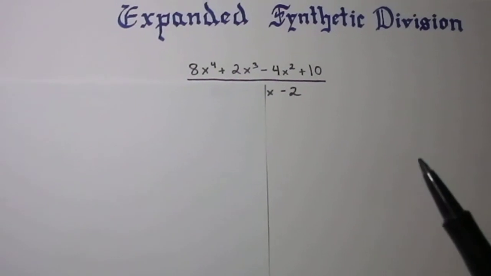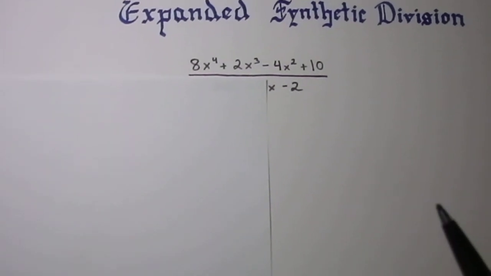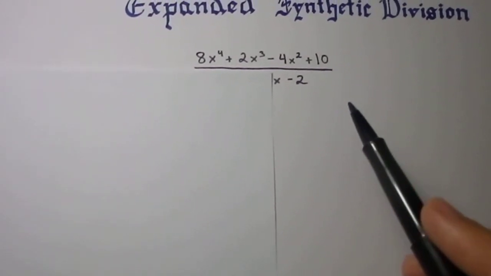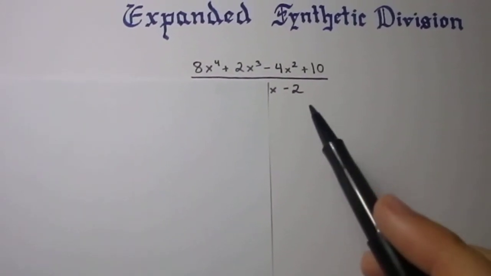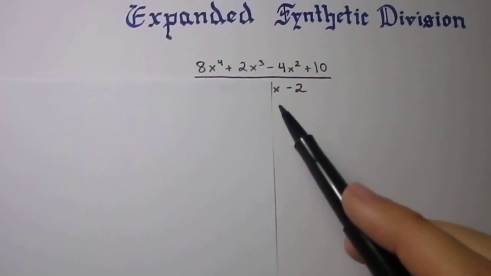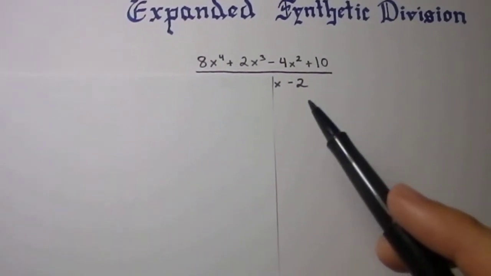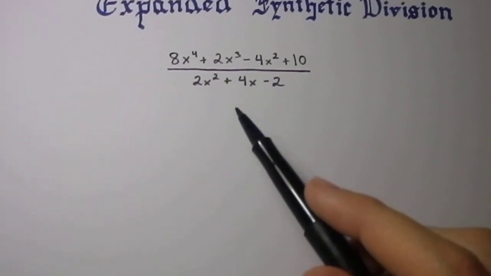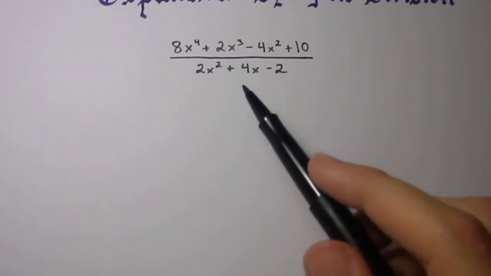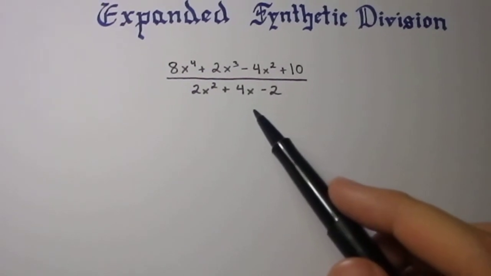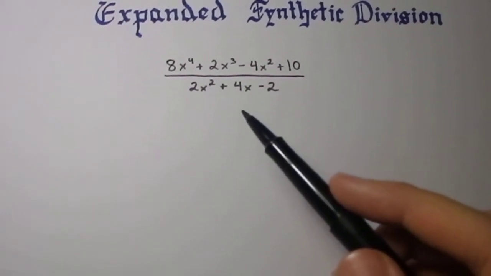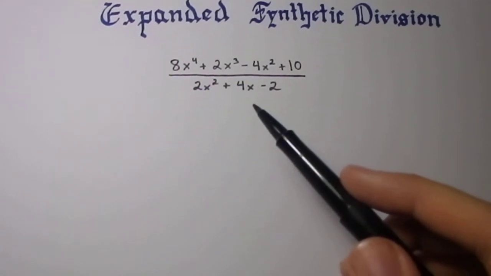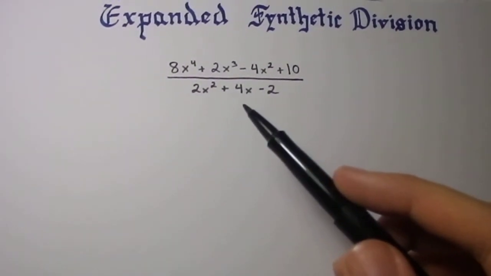Well, when I was in college, I was reintroduced to synthetic division, and I thought, was there an easier way to do synthetic division even if it was not something like x minus 2? Something like this. Is it possible to use synthetic division like this and not have to do the long division? Well, I have proved at least one professor and 2 tutors wrong that it is possible, and I'm sure there's